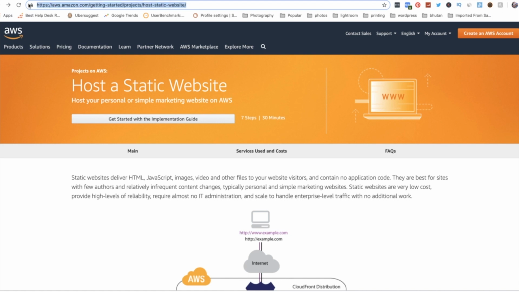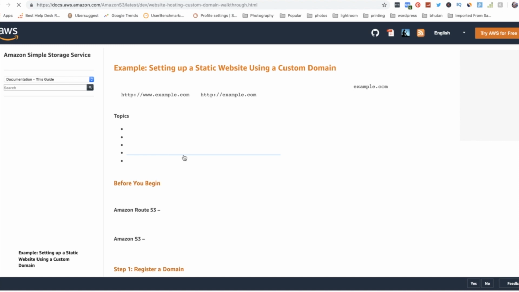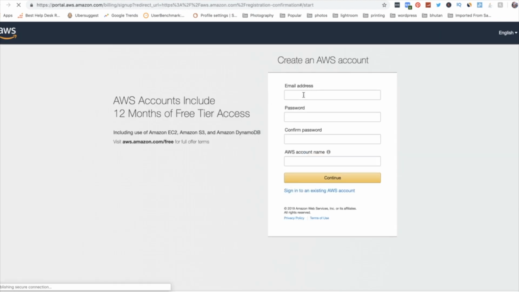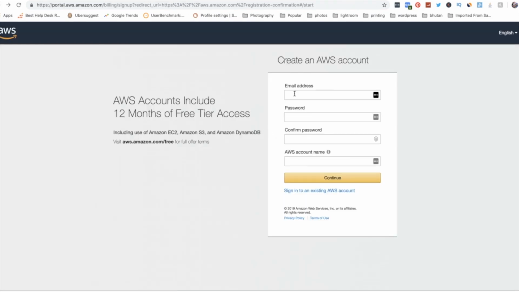Hi guys, today we're going to talk about the Amazon cloud and how to install WordPress in a very short period of time using AWS and the instructions which come with it. As you can see, you can either create an account and use this 12 months free tier, or you can use your existing login to enable your AWS